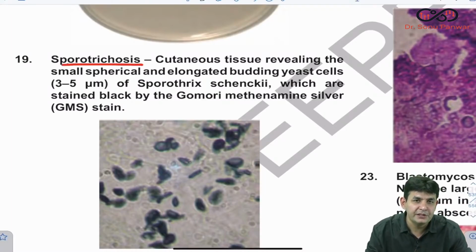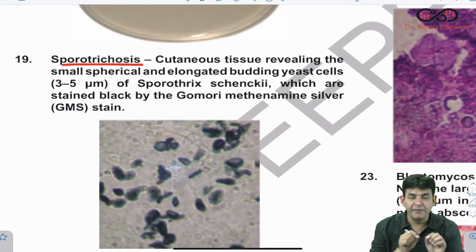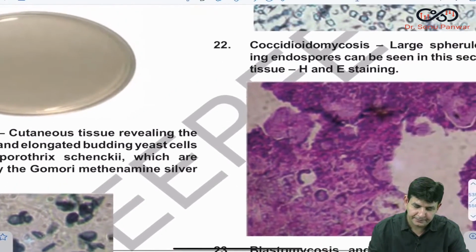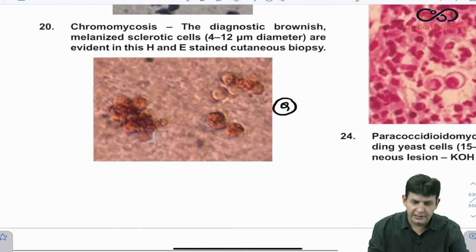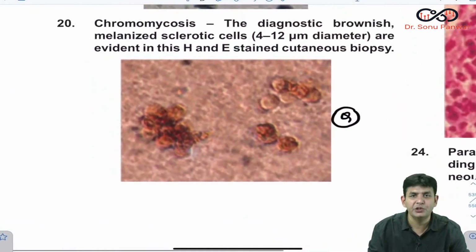And which type of sporulation is observed in that? That is a flower-like sporulation. And along with that, you have cigar-shaped yeast cells or narrow-based budding. Okay, narrow-based budding. If we talk about the most important thing in mycology, this question is coming in your